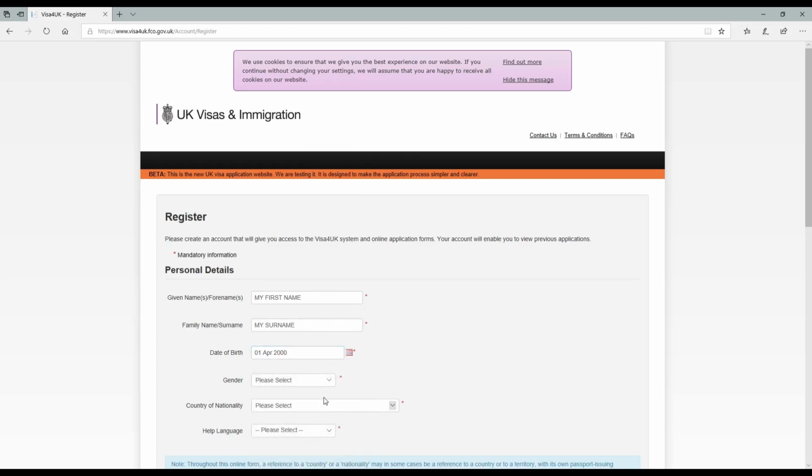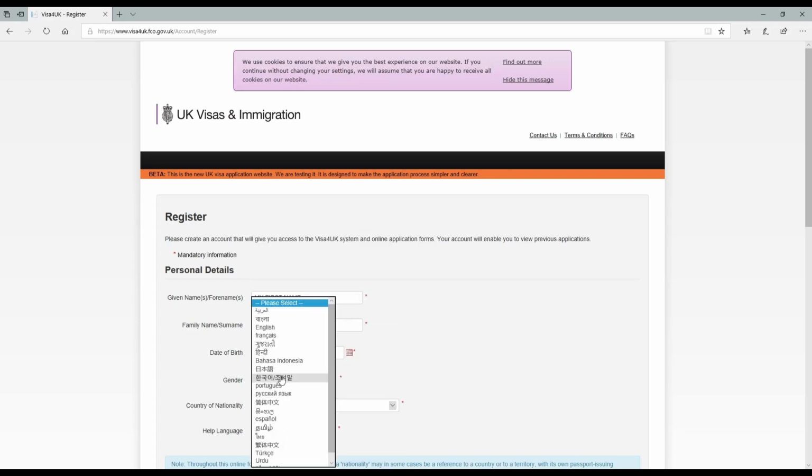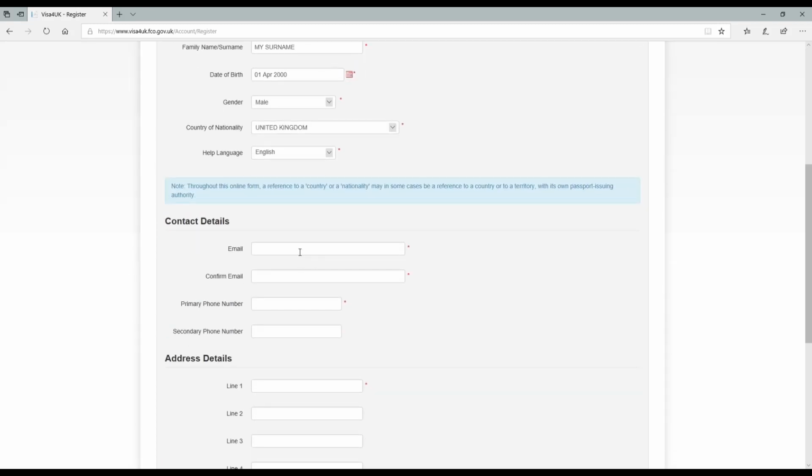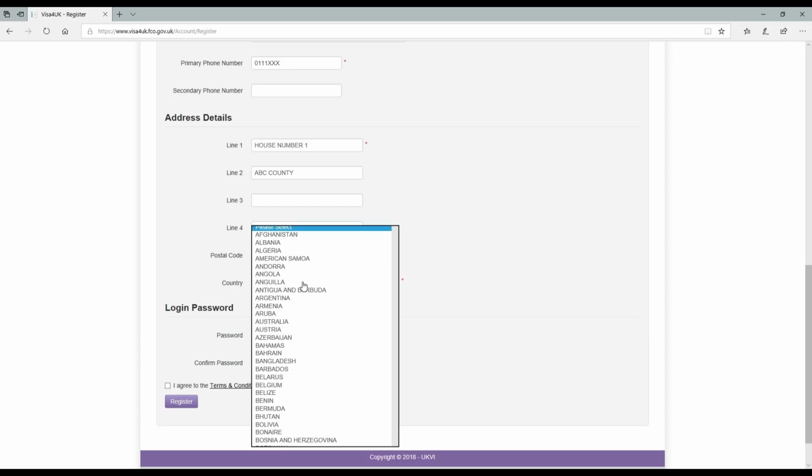Which is fairly straightforward. Gender, nationality, help language which is English, email, my email, my phone number, which was my mobile number, and my secondary phone number, which I left empty. In address details, my home address, my postcode, country which is United Kingdom,